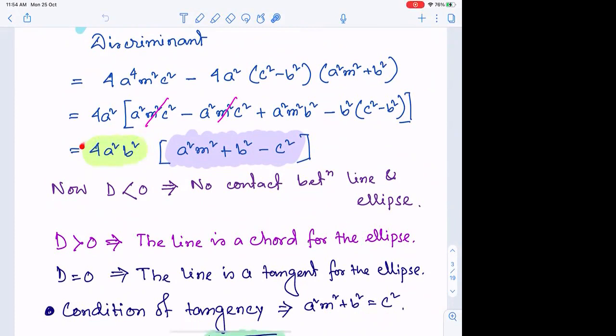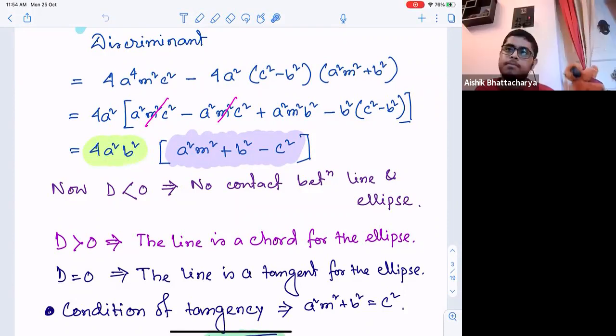As you can identify, this factor of the discriminant cannot be 0. This is 4 times the square of the semi-major length multiplied with the square of the semi-minor length. It might even be opposite, as we haven't marked a as semi-major and b as semi-minor. In any way, if a and b are the semi-axis lengths, we are getting the product of their squares. We need not know which one is which axis length. Even then, this conclusion stands good, right?